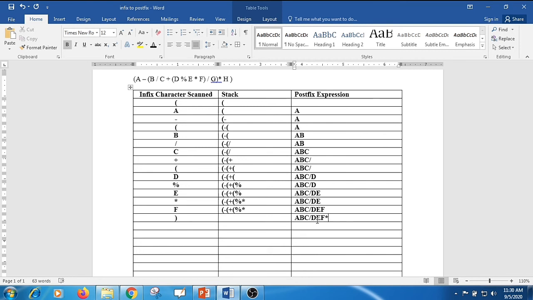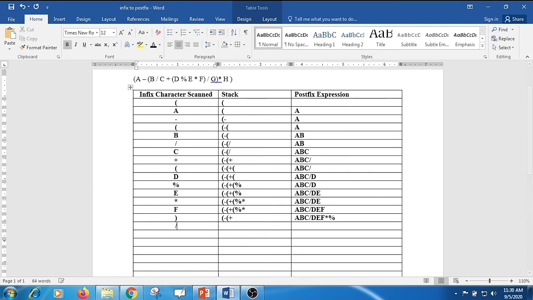Then you pop the mod. Then comes the opening bracket. You just discard that opening bracket and you will have only these elements in the stack now. This is what the algorithm says. Now, until the opening bracket, I have popped out all the elements onto the postfix expression. Now the closing bracket is done.